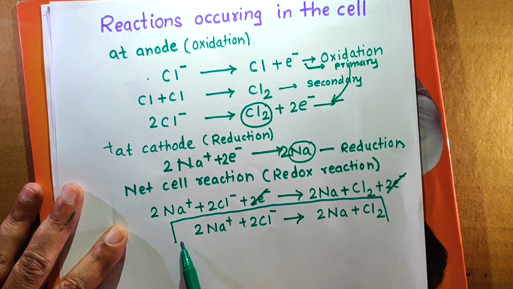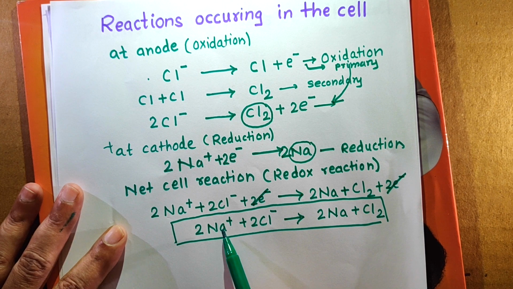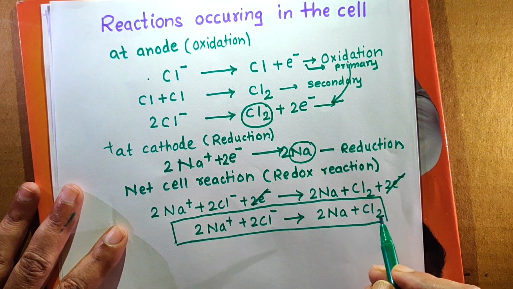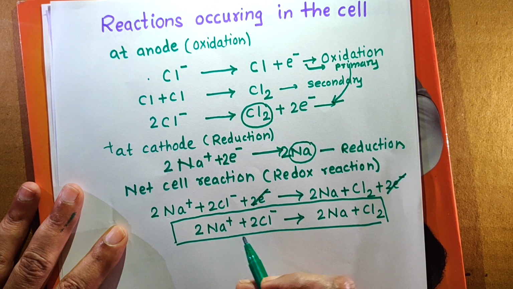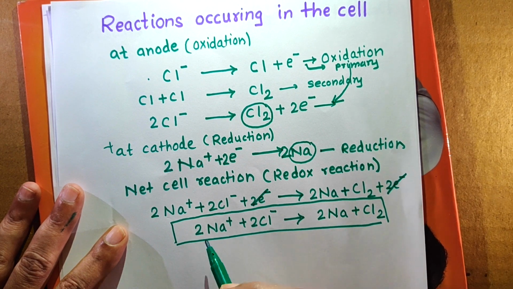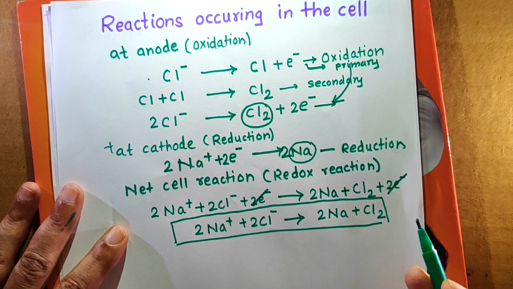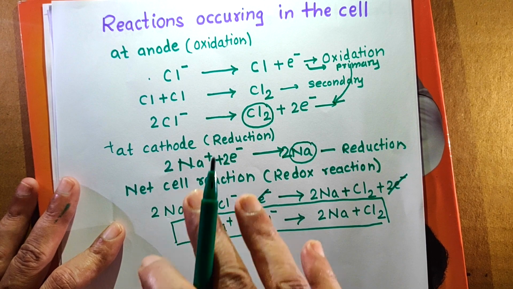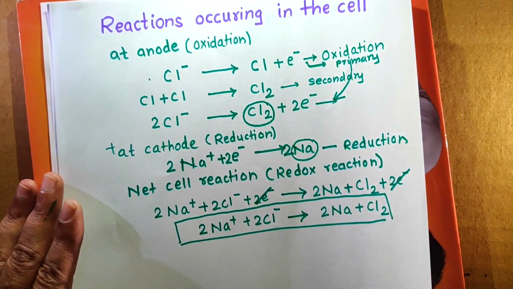Now we have said that this reaction is non-spontaneous, that is, the conversion of Na+ and Cl- ions, that is molten NaCl, to sodium metal and chlorine is non-spontaneous, and we can carry out this reaction by electrical energy. Due to the discharge of these ions, we can obtain metal at the cathode and gas at the anode. Like this, we have explained the reactions taking place in the electrolytic cell.